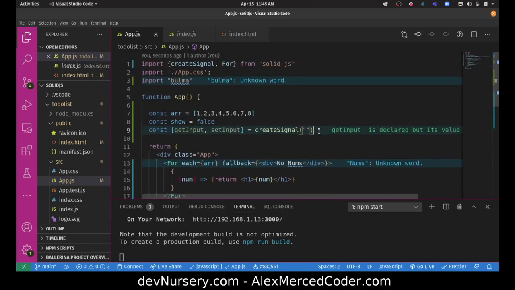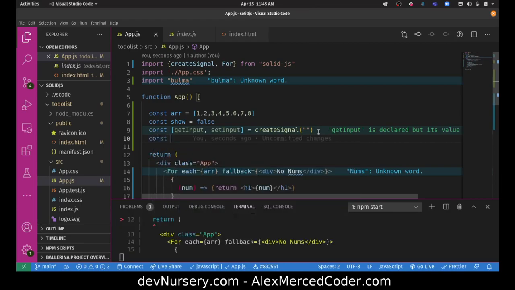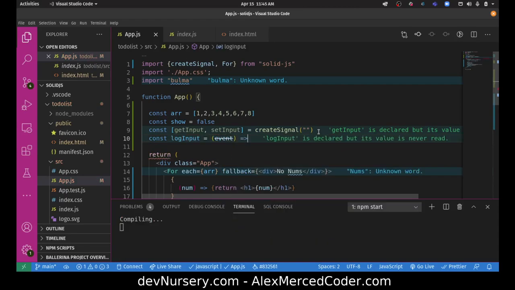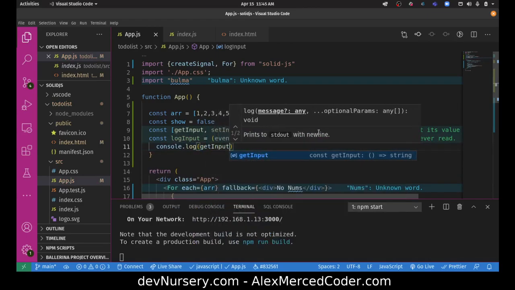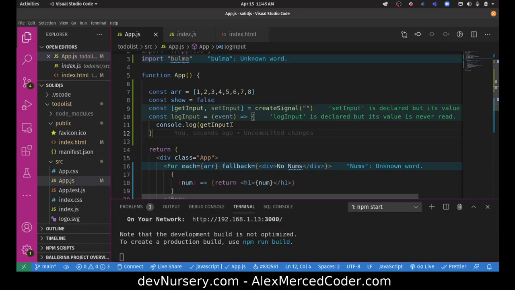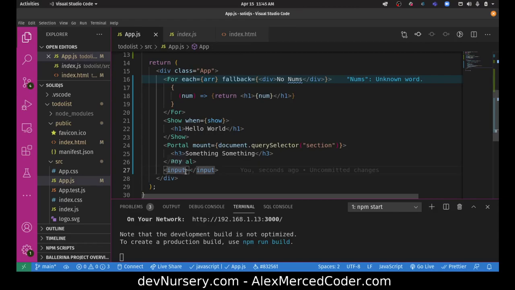And I'm still going to create a handle change function just so we can get a console log. Log input equals event, and all this is going to do is just console.log get input. We're just going to test that, to see if the input's actually changing. Okay, so what we're going to do is say onChange equals get input, and then we're going to say use model